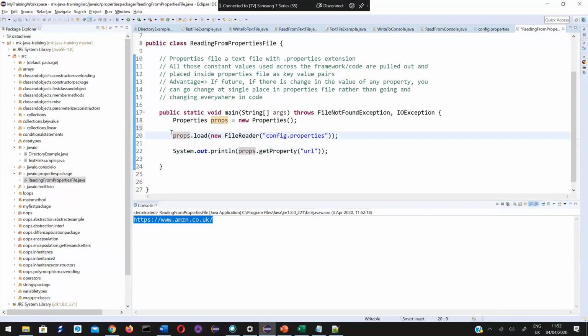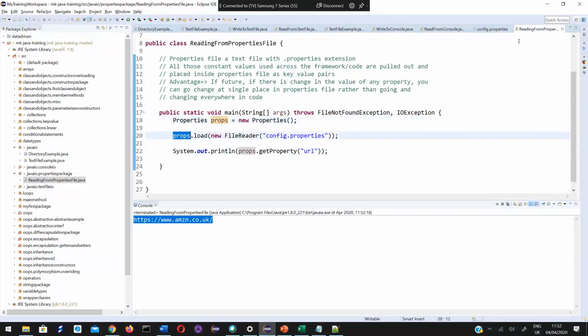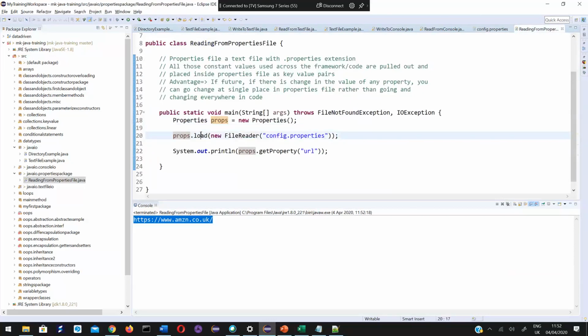There are three simple steps involved in it. First, create this Properties object. To this load method, I'm passing this FileReader object which reads this config.properties.